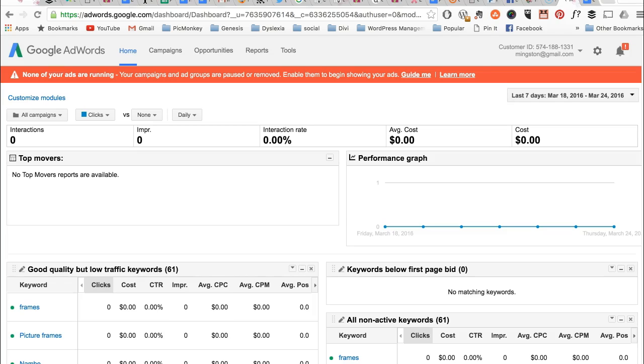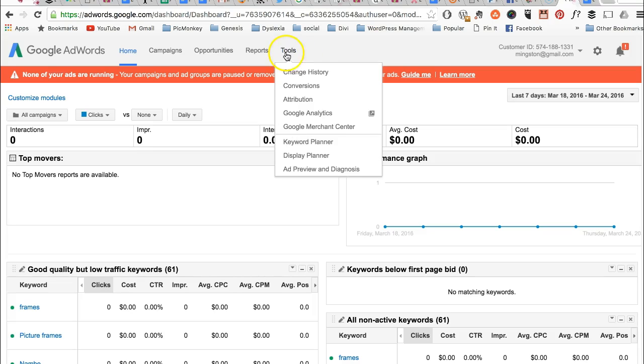So I want to go through this with you so that once you get your Google AdWords account, this is the page that you are going to be looking at. You're not going to have anything that says none of your ads are running. I think it will actually say to you, set up some ads, but don't even worry about what it says, because what you're going to do is go straight up here. Let me click in here. So yeah, straight up here to Tools, and you're going to go to